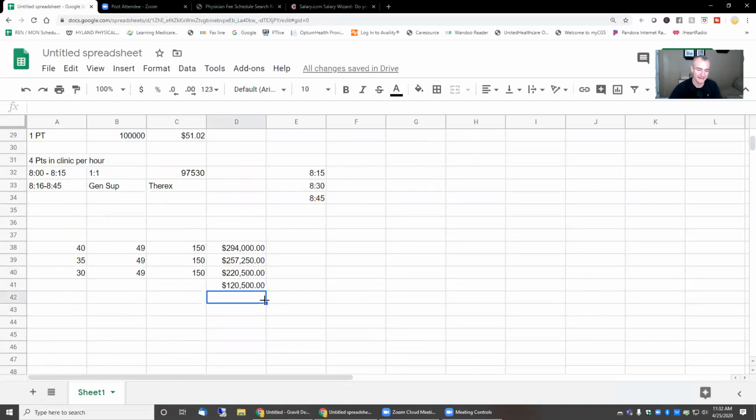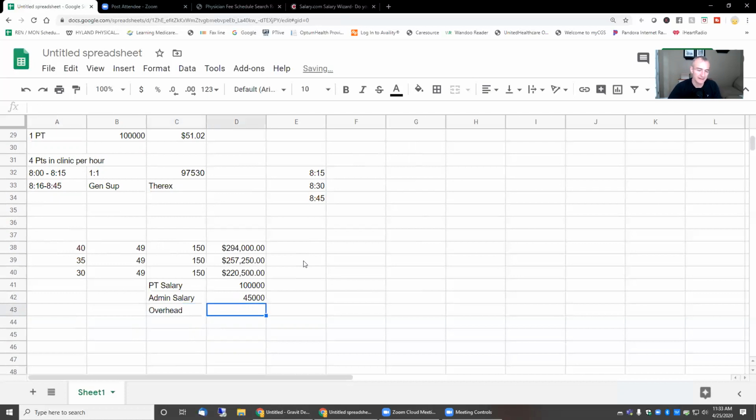After, actually let me do this, PT salary, this will equal this, and then we've got admin salary, and let's just roughly say we're paying an admin 45,000 a year. That's going to leave me, then we have